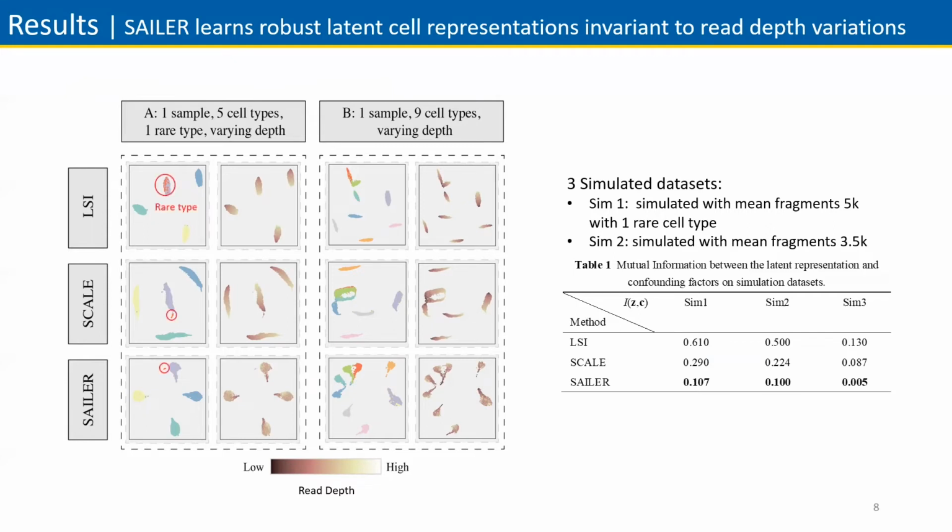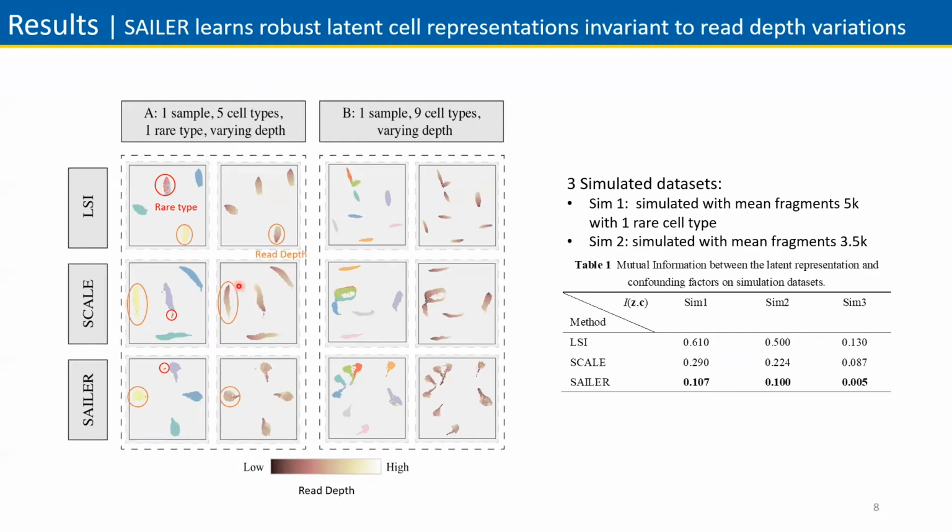Deep learning methods can capture the rare cell type pretty well, while the linear method, LSI, couldn't distinguish it. When we look at the read depths visualized by color map on the embedding, we can see LSI and SCALE do not mix read depths well. So we can observe elongated cluster shapes and lower to higher read depth distribution within each cluster. This could impact the clustering performance and also impact the imputation process since the neighboring cells in the embedding all